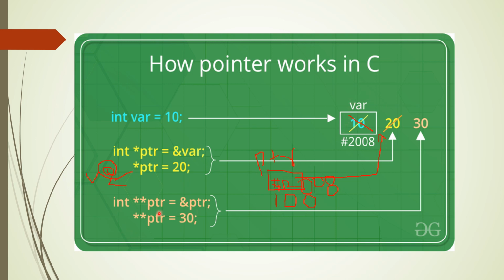Now this is the double pointer concept. Here when you declare a variable star star ptr, a double pointer is created. This can hold the address of a pointer variable. If I say star ptr, this is able to hold the address of an ordinary variable. If I write star star ptr, this can hold the address of another pointer variable. Another pointer variable is ptr, so the address of that ptr is 100.